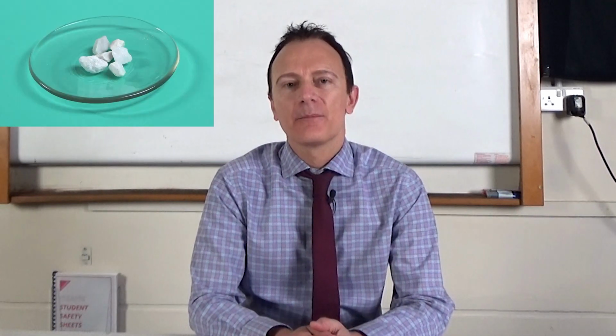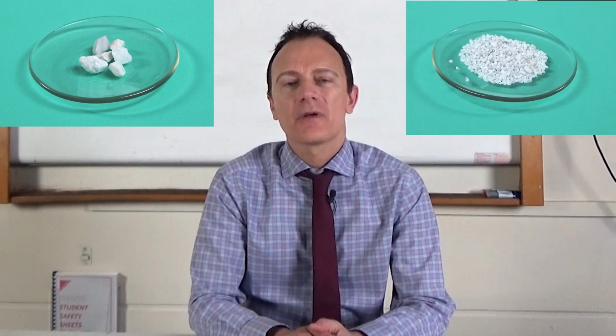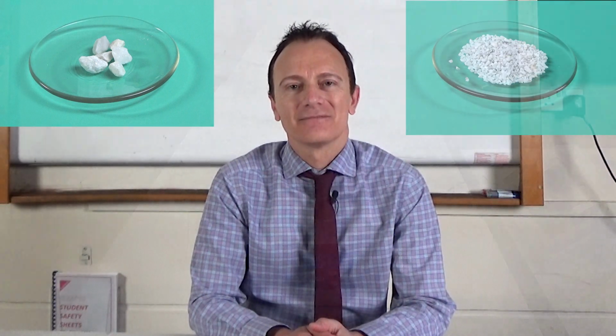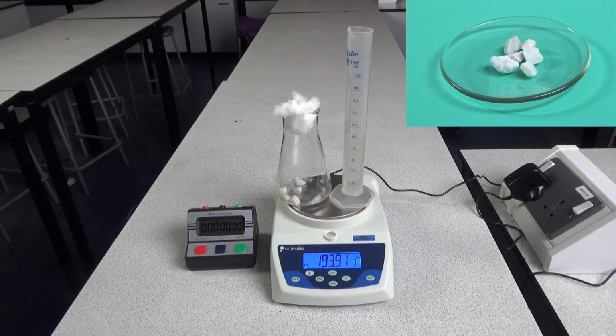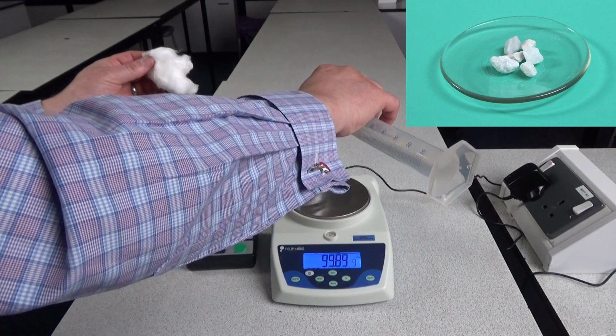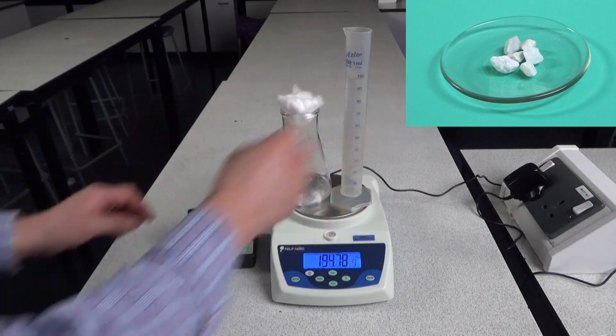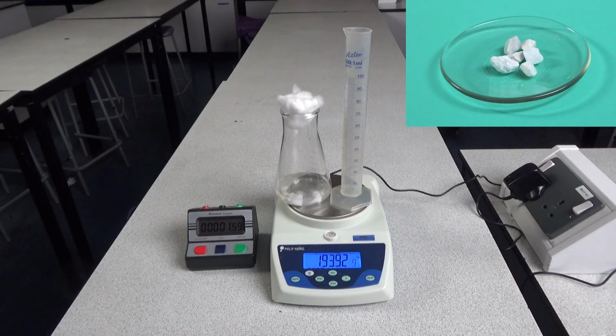10 grams of calcium carbonate made out of large pieces or 10 grams of calcium carbonate made out of small pieces. So it's really important to take the starting mass, and then I'm going to add the acid to the calcium carbonate and start the stopwatch, and you'll notice that the mass is decreasing because it's giving off a gas. It's giving off carbon dioxide gas, and as that leaves the flask, that means that the flask is going to